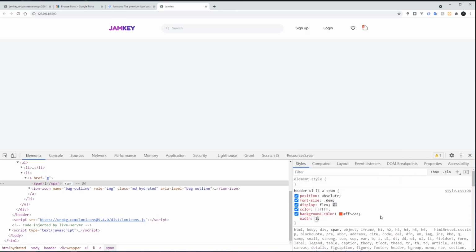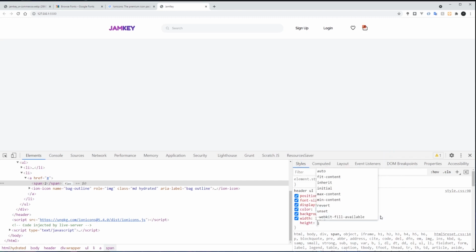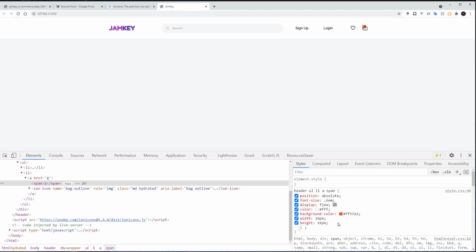The width could be 16 pixel, while the height will be 16 pixel. I'll set z-index to 99 so that this span will come on top of the basket, or the bag rather. Then next I'll set padding. Make padding be 1 pixel.